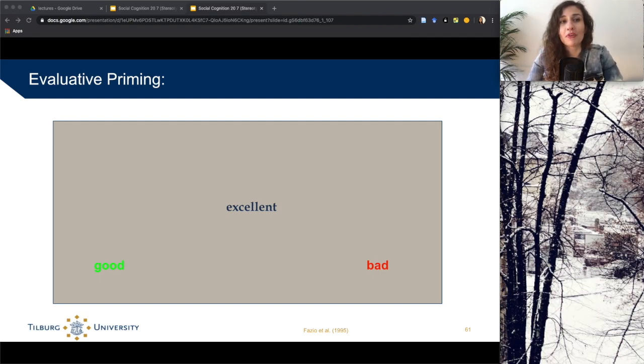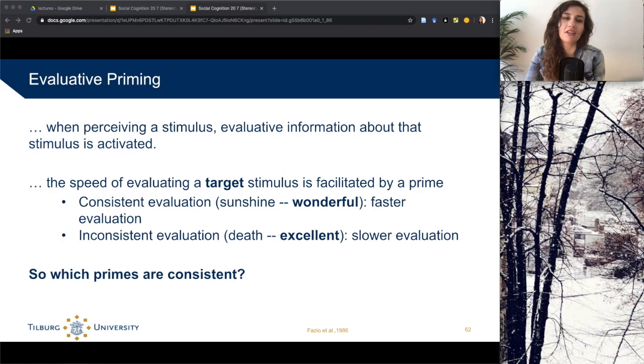Okay, so final note on evaluative priming. The idea is that it works with subliminal primes, so primes that are below the threshold of where you would actually be able to consciously read back to me the word that you just saw, and supraliminal primes, so also primes that you can actually read, and you would be able to tell me what you've just seen. So the question that then comes to mind is actually, for individual people, depending on the beliefs that they hold and the attitudes that they have, which primes are consistent for them.